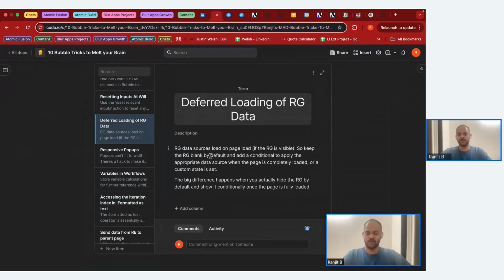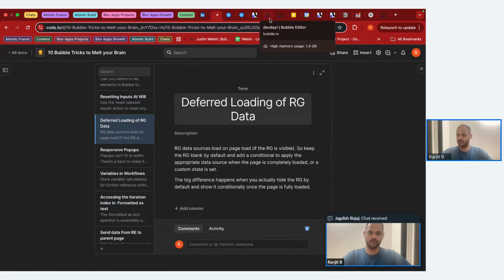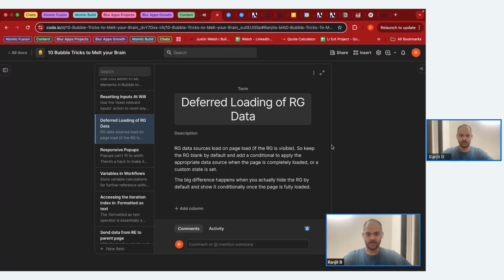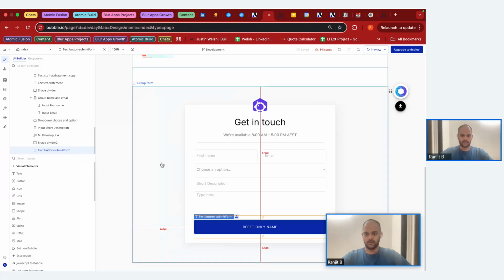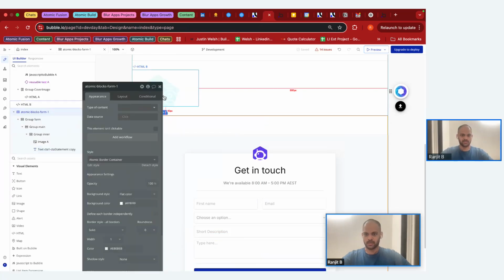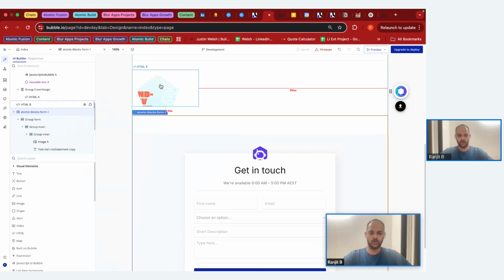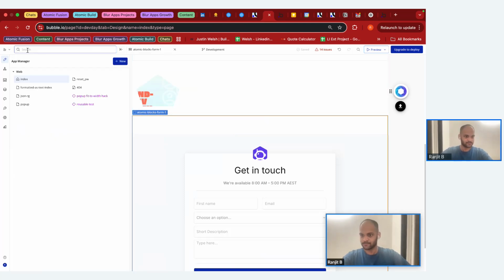Deferred loading of repeating group data. This is something that I played with a lot when I was building complex apps with a lot of data that I wanted to display in a repeating group. One of the things I realized was that when you have a repeating group loading on page load with all the data being defined on it by default, it causes the page load to be super long. So the solution that I found is